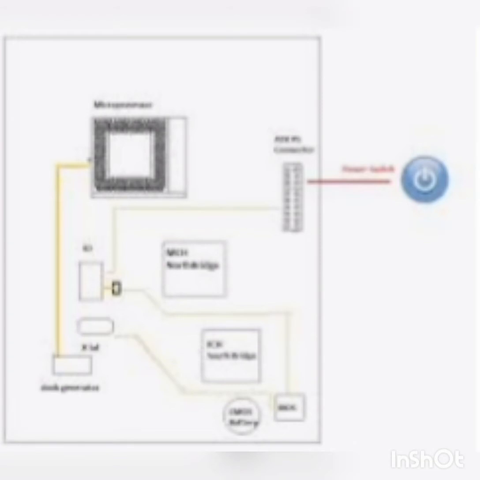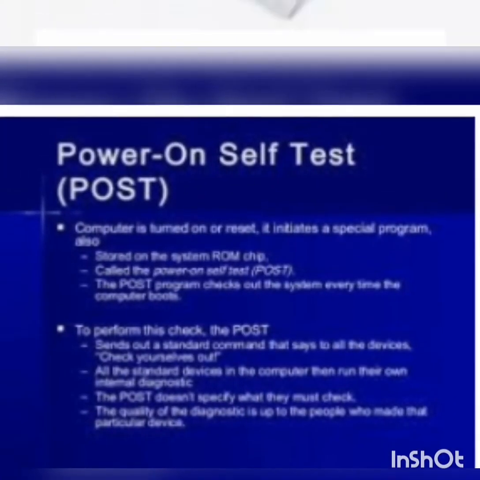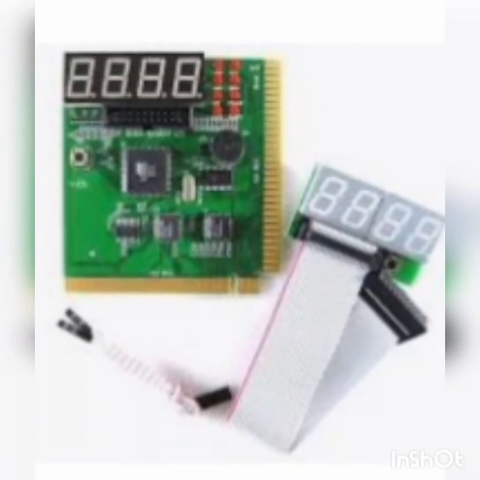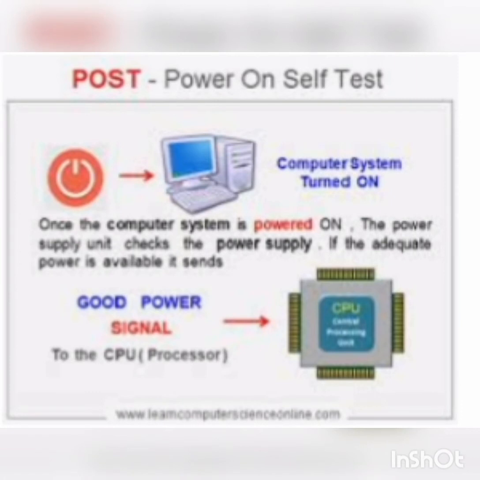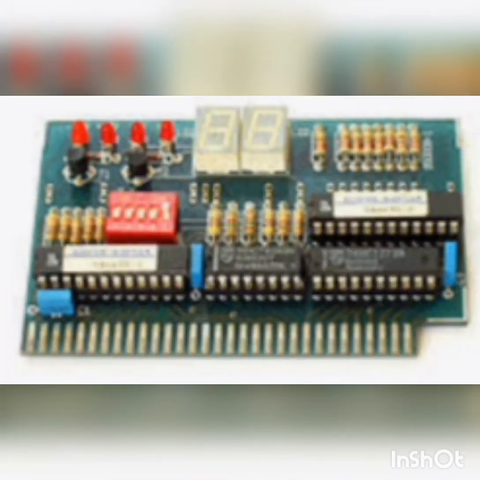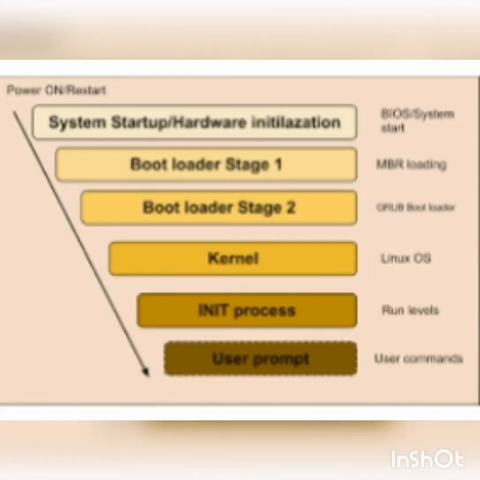When you switch the power on, the first process that takes place inside the system unit is known as power on self-test or POST. This is a test to examine whether the components in the computer are functioning properly. What happens after the power on self-test? Booting is a process by which the operating system in the hard disk starts functioning.